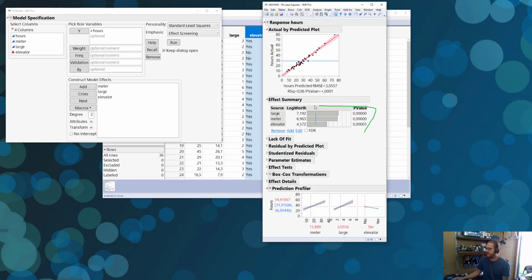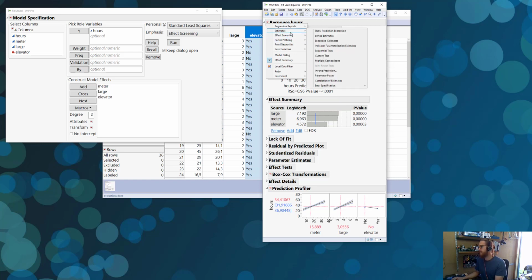And we can see here, well, in fact, all of these three are significant. It's no surprise, they were significant before as well. But combining these three into one model, you can see that the RMSE is now 3. So we're 2 hours better than just having one effect, now that we have 3 effects. And one thing that could be interesting, if I can find it quickly, let's see,